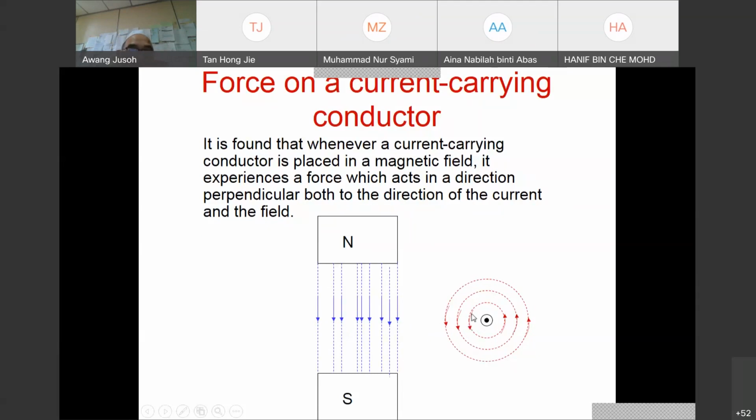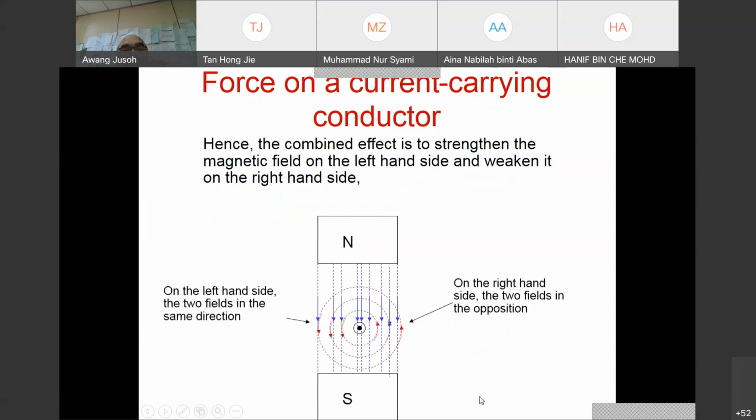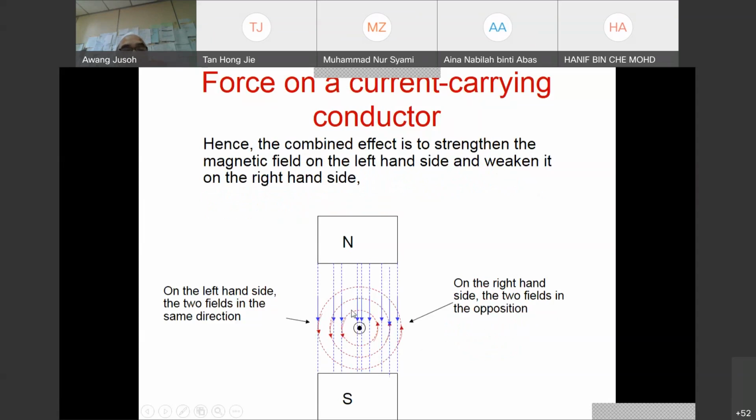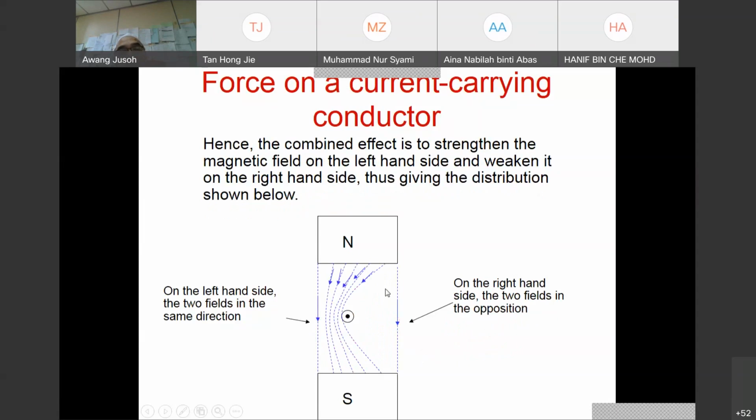Okay, so now we're going to study what happens if you put this current conductor into this main flux. So we bring this conductor to here. You can see there, what happened? On the left side, the fluxes help each other, add to each other. I mean the flux is stronger here because they are in the same direction. On the right side, they oppose each other. That means the flux is weakened here. Opposing, it weakens there, but it's stronger here. So this is the resultant flux produced in this circuit. Very concentrated here and no flux there.